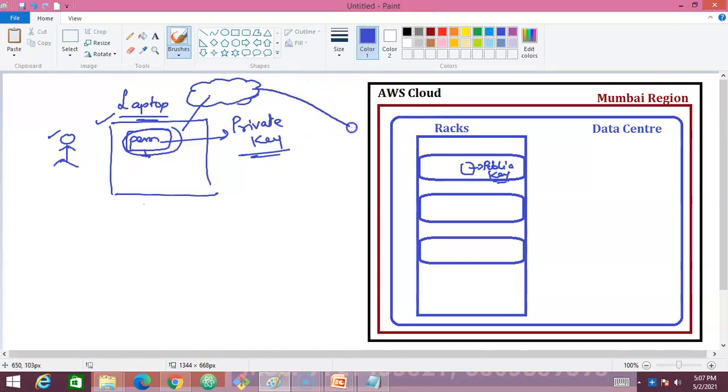We are trying to access the Linux server that we launched in the Mumbai region, and this is happening through the internet. Because we are connecting to this Linux server from the internet, we will be making use of the public key at the time of the connection.